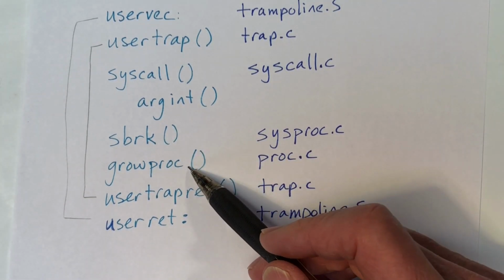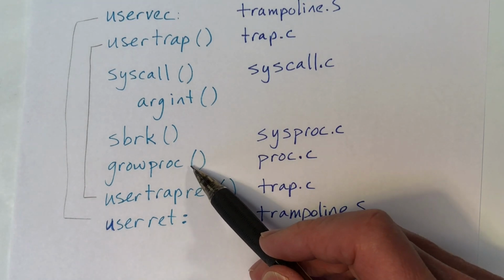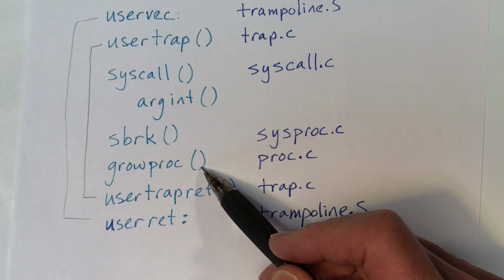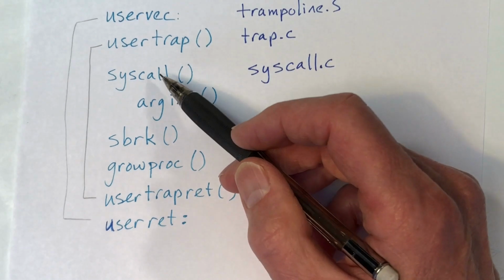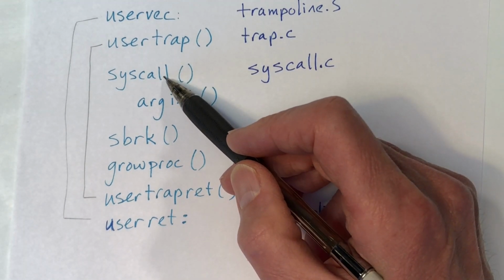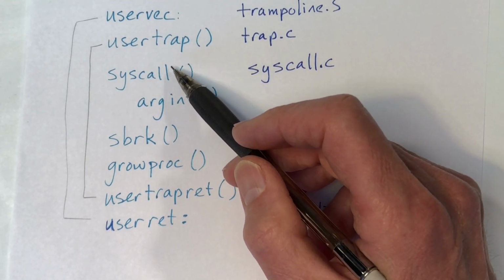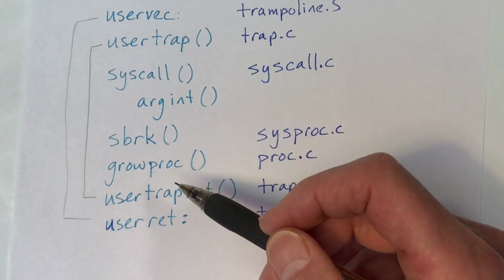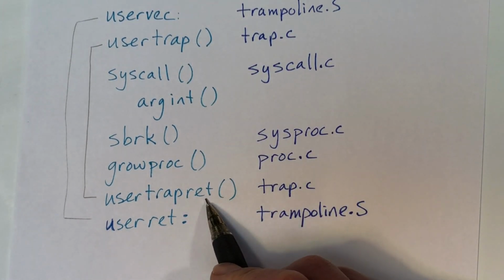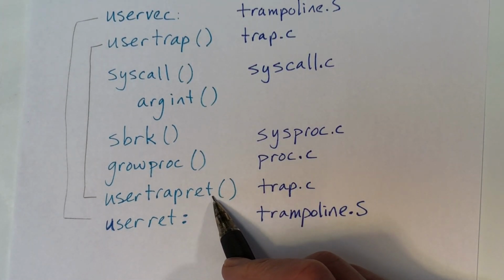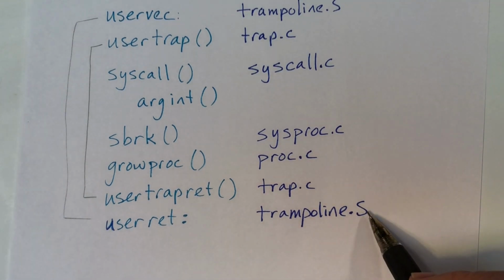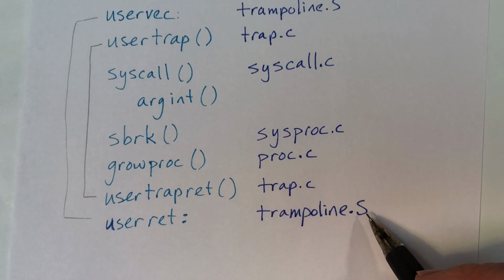sys_sbrk will then invoke growproc, which will actually increase the size of the address space. And then when everything returns, syscall will end by going back to usertrapret, and usertrapret will then jump to userret, the assembly language code, which will execute the sret instruction and bring us back into executing user mode code. So let's begin with